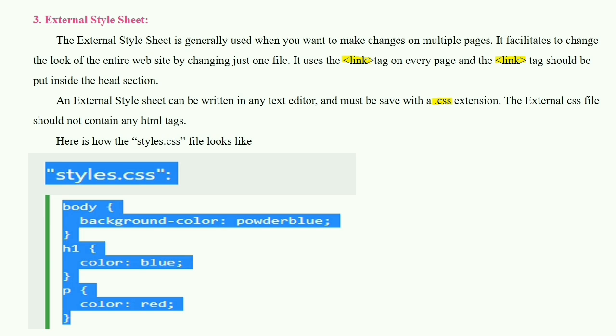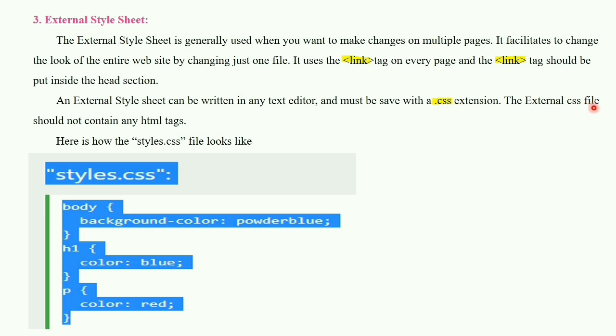Okay. In external style sheet, the link tag should be put inside the head section. An external style sheet can be written in any text editor and must be saved with a .css extension.